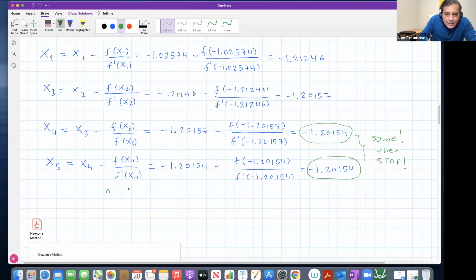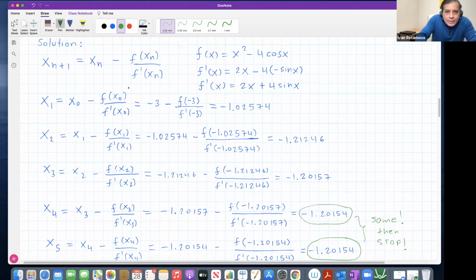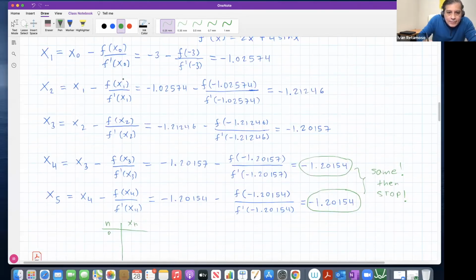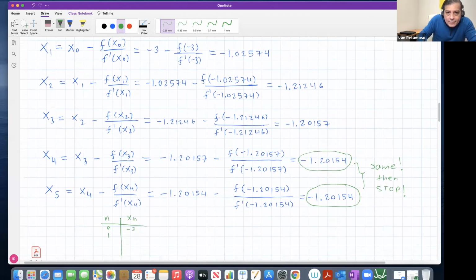You put n here, xn here, and you can do something like this, perhaps, right? For n=0, x0 is what? The original guess, which was this guy. x0 was -3, right? -3, original guess. Then for x1, we improve. We got this guy, minus